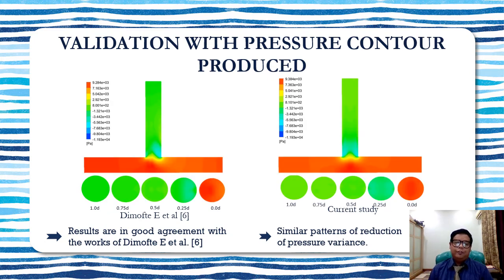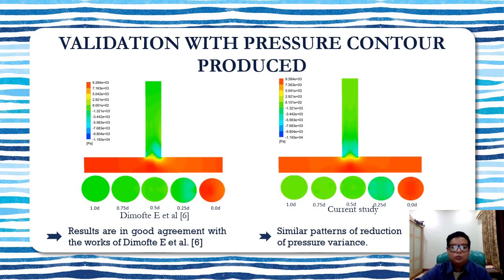So this one is the validation with the pressure contour produced for our colliding mixing T. Similar to the intersecting T, the current study shows the pressure contour profiles were identical to the De Mofter result. It can be clearly seen in the cross-section of the sampling point, where each one of the profiles is identical to each other. So based on the validation result, our model, which is the intersecting and colliding T, is applicable to be used for further evaluation in